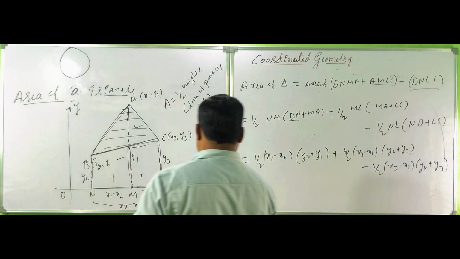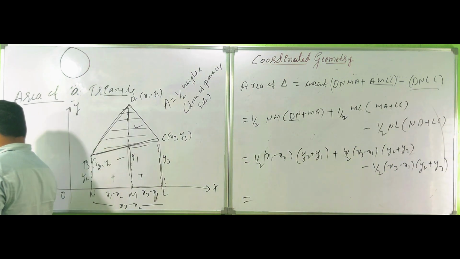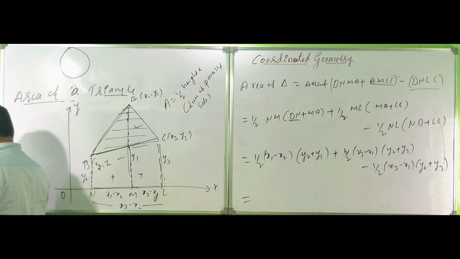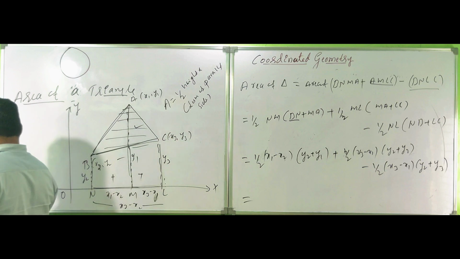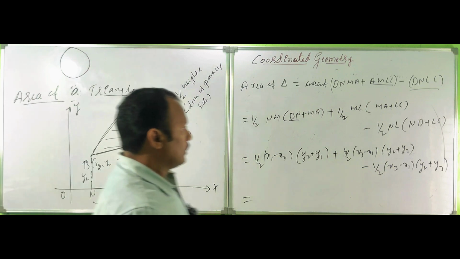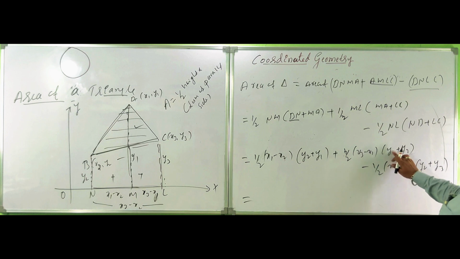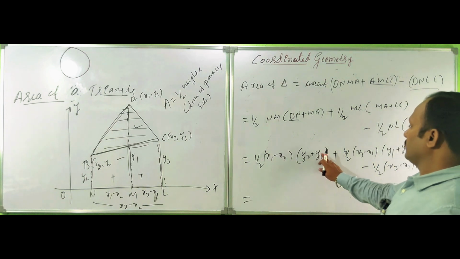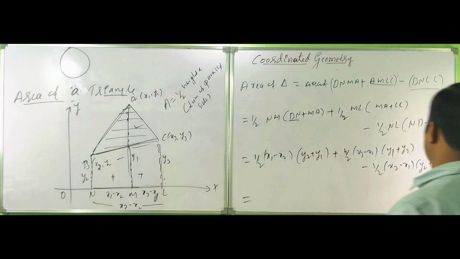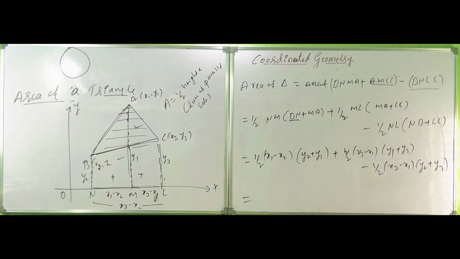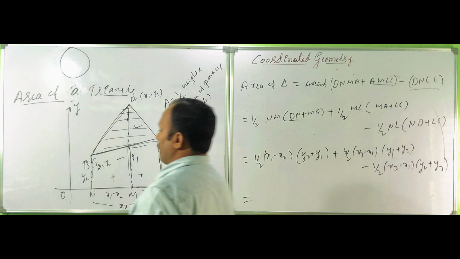So y2 plus y3, into x3 minus x1, MA is y1. So this equation becomes, after simplifying,